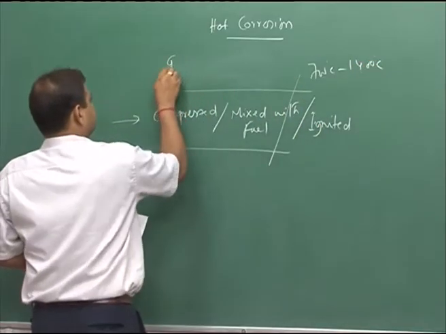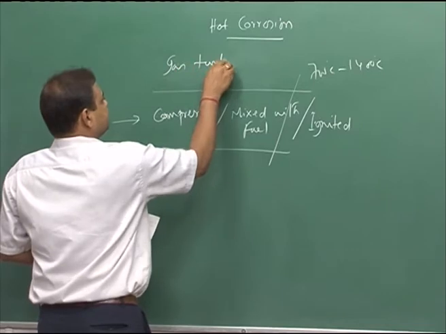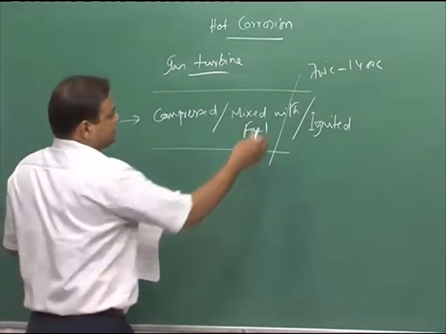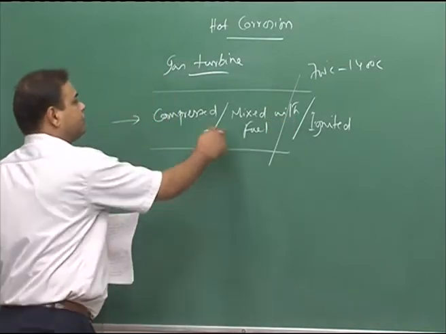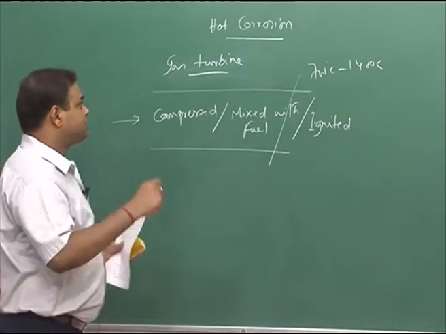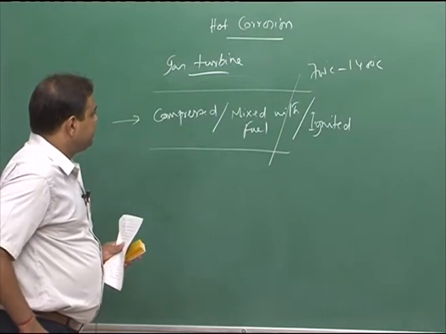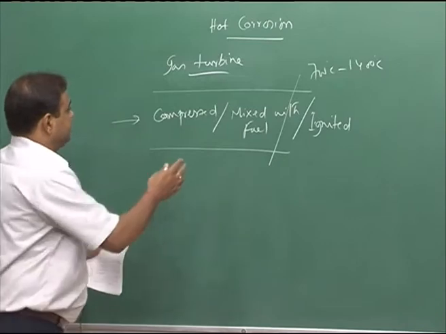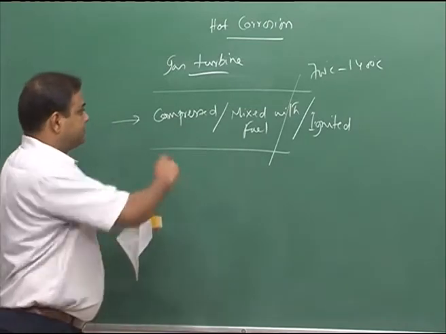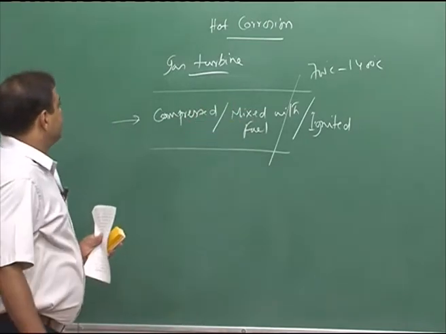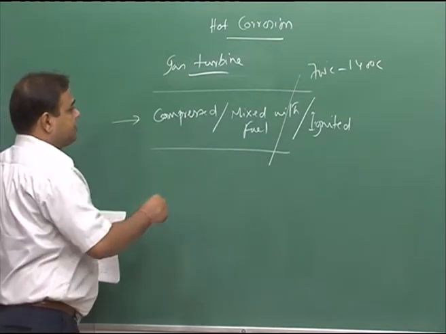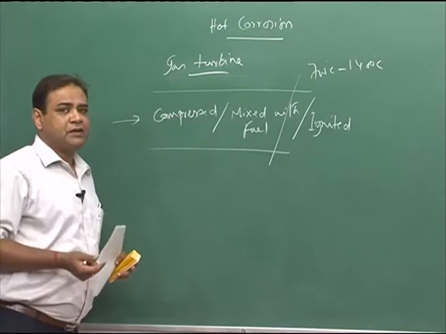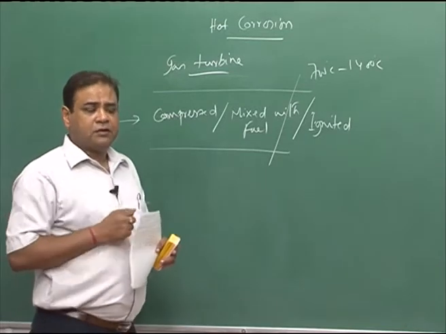This is a gas turbine. At that high temperature, sulfur present in the fuel leads to degradation of the oxide which forms on the surface and gives protection to the turbine blades and the total turbine structure. Now, if this gas turbine is operating in the sea environment,